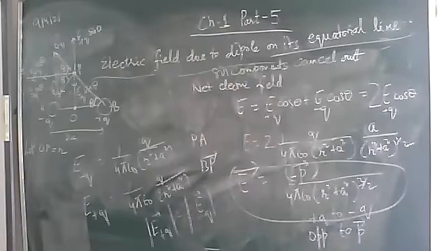Okay, so here we have found out the electric field due to a dipole. Due to a point charge, we know that 1 upon 4 pi epsilon naught q by r square, q upon distance square. At r distance, we are finding q upon r square. Then we found out due to a dipole on its axial line, on its equatorial line. On the axial line, we got it for a short dipole, 2p upon 4 pi epsilon naught r cube. Now let's see here also for a short dipole. First note it down.